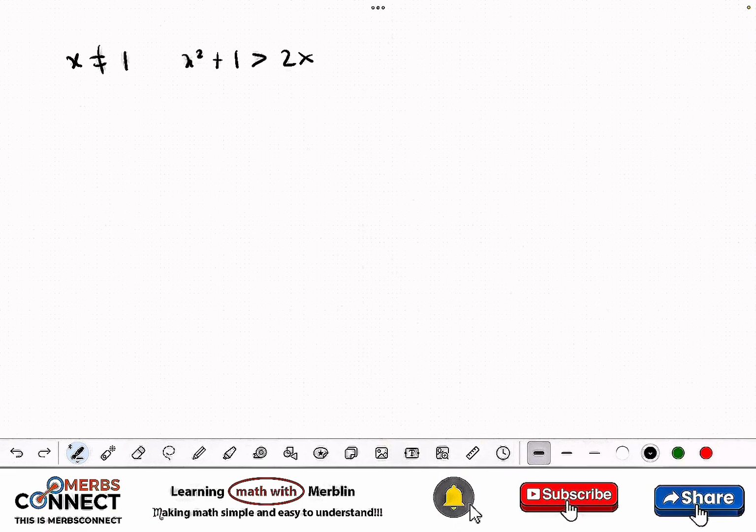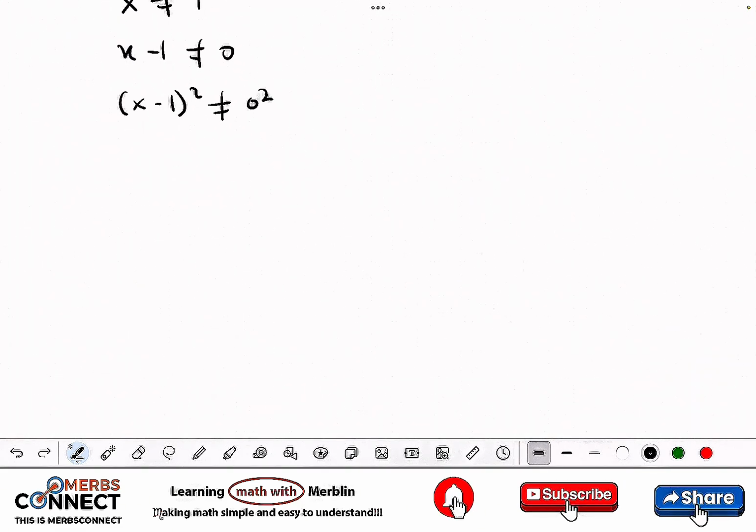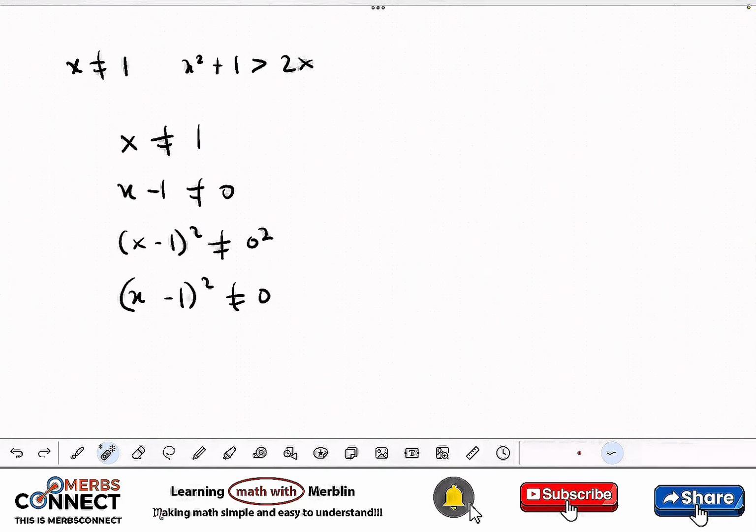I'll start by saying that x is not equal to 1, right? Then I move the 1 to the left, which will be this. Then I'll square both sides. So when I square both sides, I'm going to have x minus 1 squared is greater than or equal to 0 squared, which is x minus 1 squared is not equal to 0. But let's look at something here. When x is not 1,